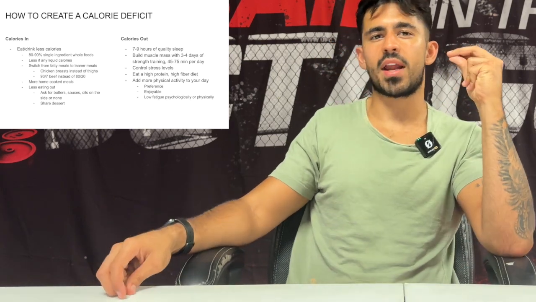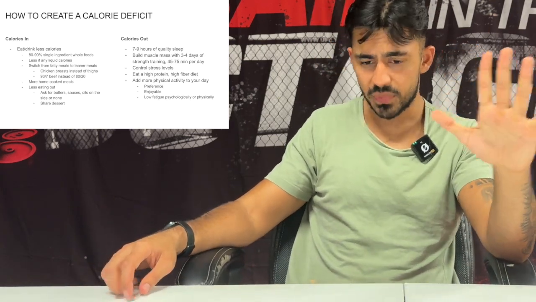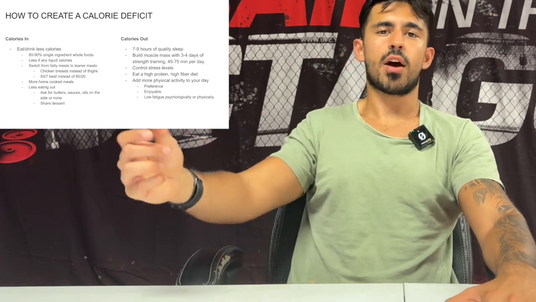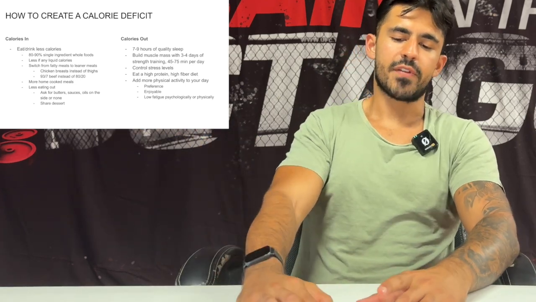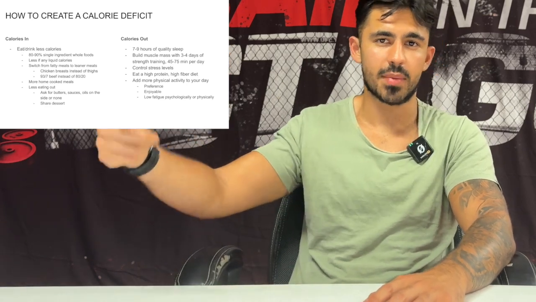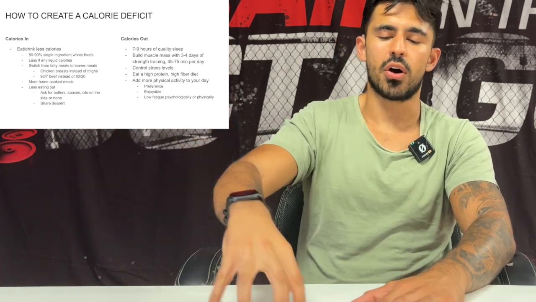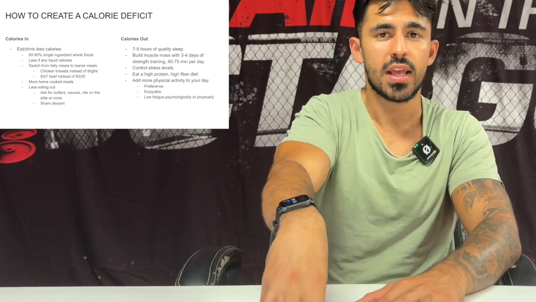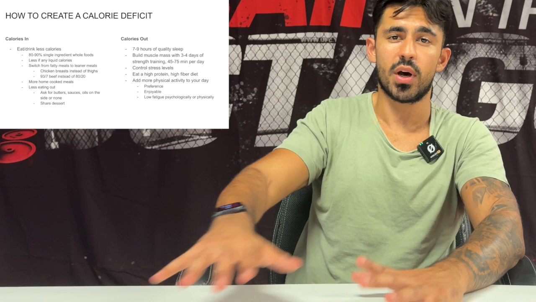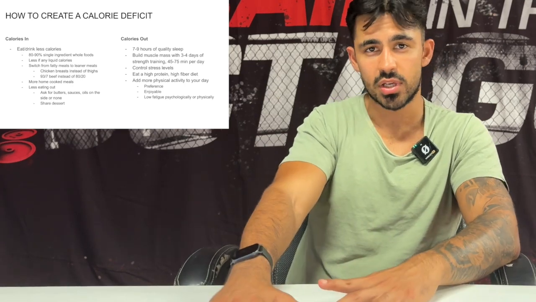Now, how do you increase the amount of calories being expended out? 7 to 9 hours of quality sleep. Why does sleep matter for getting energy out? Because lack of sleep affects how moody you are the next day, how tired you are the next day, your hormones, dopamine, leptin, ghrelin, testosterone, cortisol. All these have a certain effect on your mood and your metabolism and your body's regulation of just how everything is going on. So you want to make sure that you knock out 7 to 9 hours of high quality